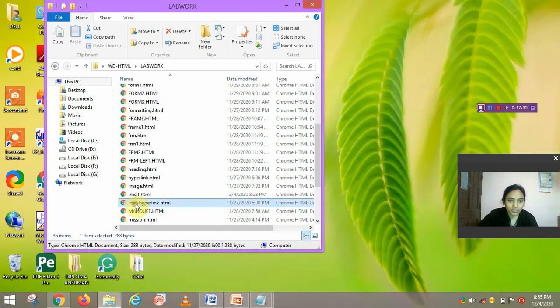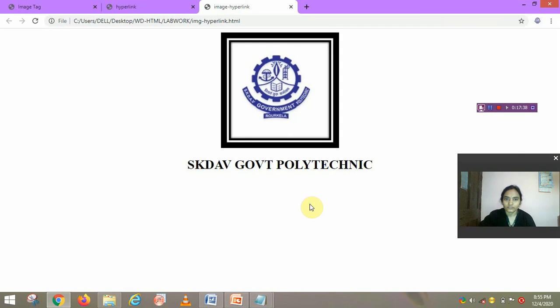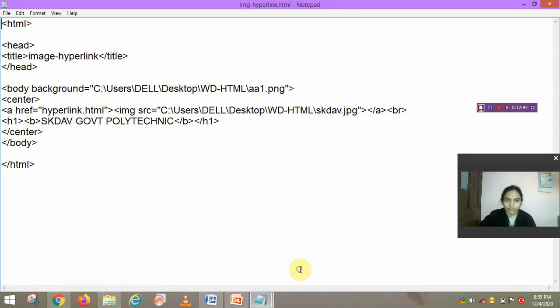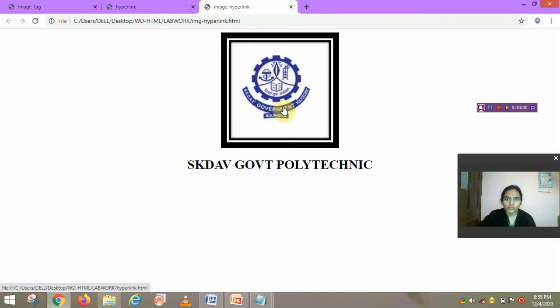Image hyperlink. When the mouse pointer is moved on the SKDB Government Polytechnic text, the mouse pointer will not change.